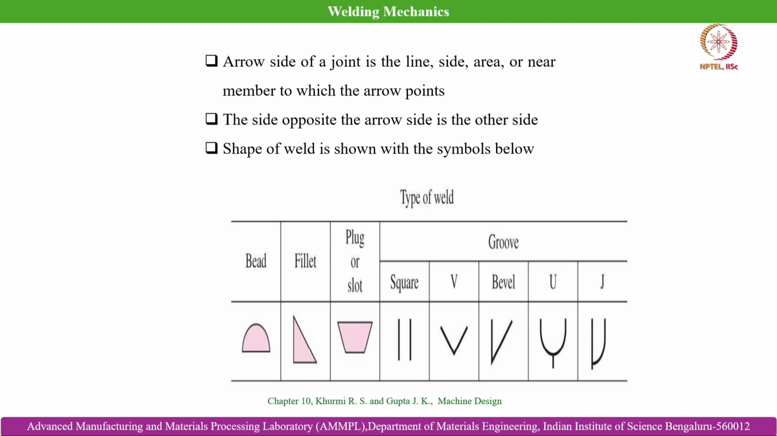This hemispherical symbol denotes the weld bead, this triangle symbol denotes the fillet joint, and this trapezoidal symbol denotes a plug or slot weld. This one is for a square weld, this is a V groove weld, this is a bevel weld, this is a U weld, and J. Please recall that when we discussed several butt welding variants,